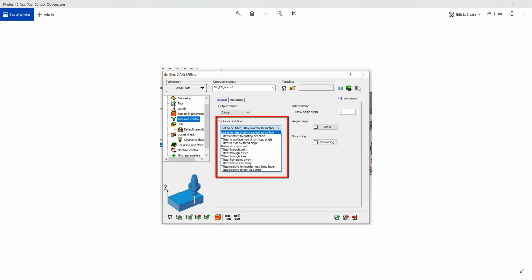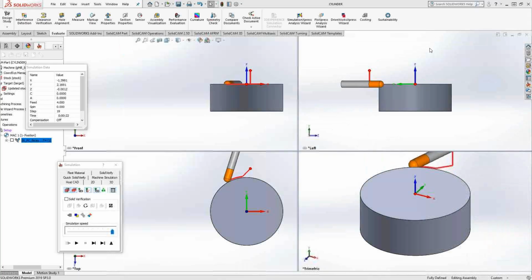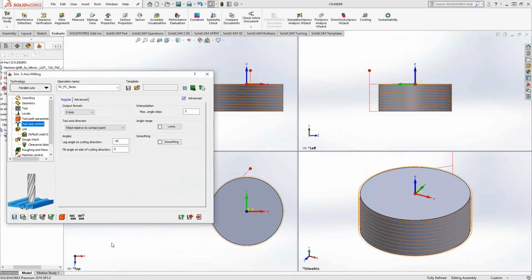In this video, we'll continue our series on the tool axis control options inside of the simultaneous 5-axis milling toolpath. This video will cover tilted relative to contact points. In this option, what you're going to use is the contact point to control the angle of the tool. Basically, it's going to be the contact tangent point between the tool and the surface you select in the geometry